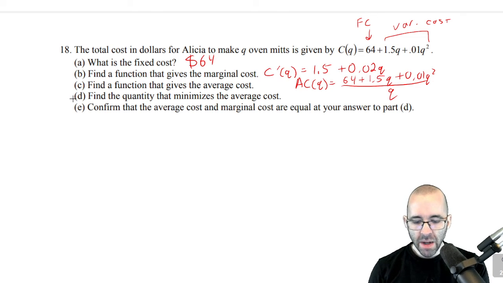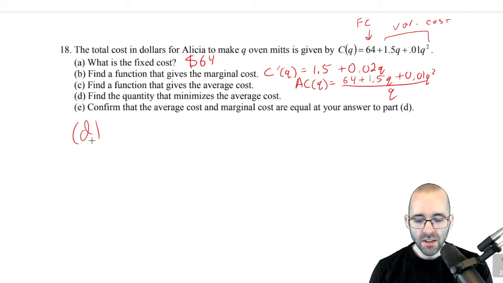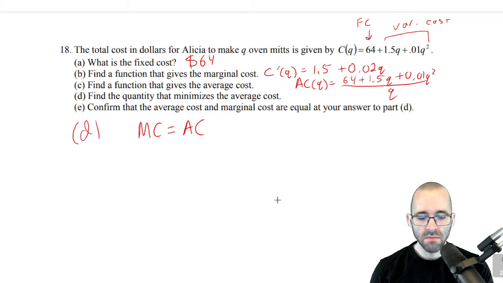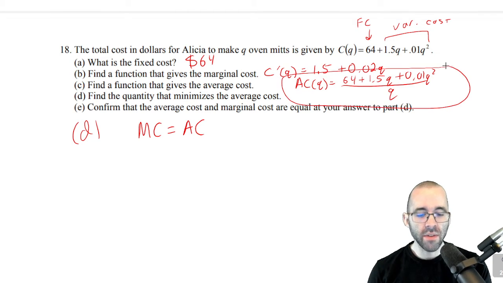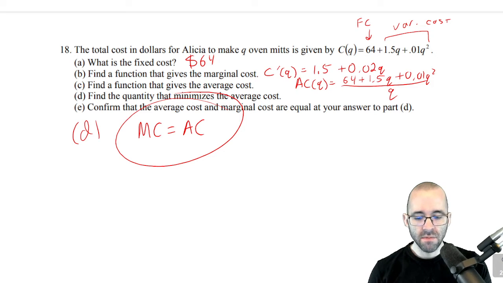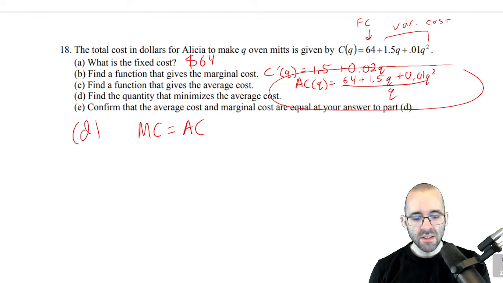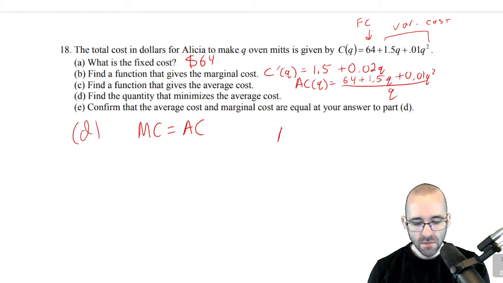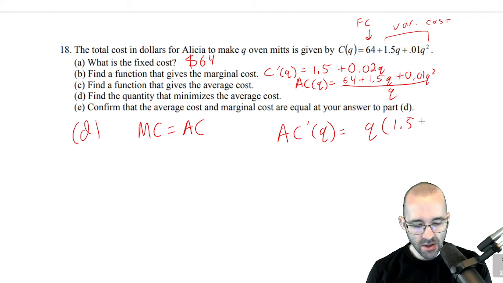And for D, remember we have the shortcut. The average cost is minimized when the marginal cost equals the average cost. Or you could just take the derivative of this and set it equal to 0. Your choice. In the earlier video, I used this method. Let's take the derivative and set it equal to 0, and I'll show you that this also works. The derivative of the average cost function is low d high, the derivative of the top,